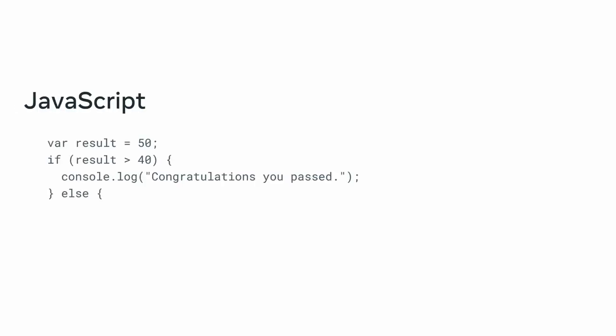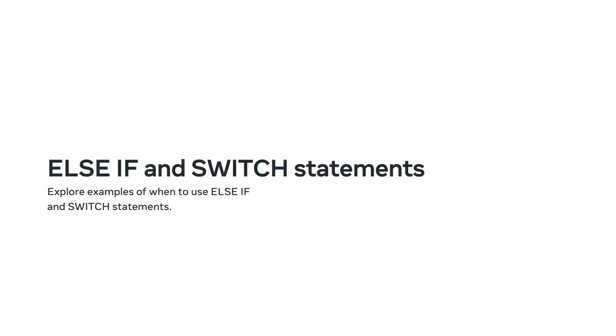For example, the if-else statement can be used when you want to execute code based on a certain condition being either true or false. But what if you have 5 conditions or even 10? Well, you could use multiple lines of else if. There is another way to do this, using something called a switch statement. Okay, let me demonstrate this now with an example of when to use else if and when to use the